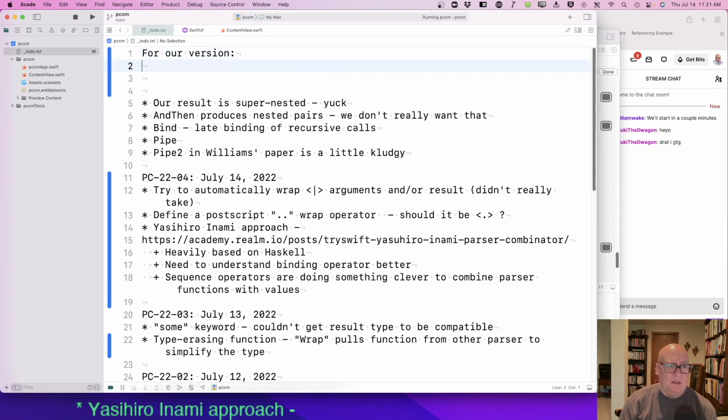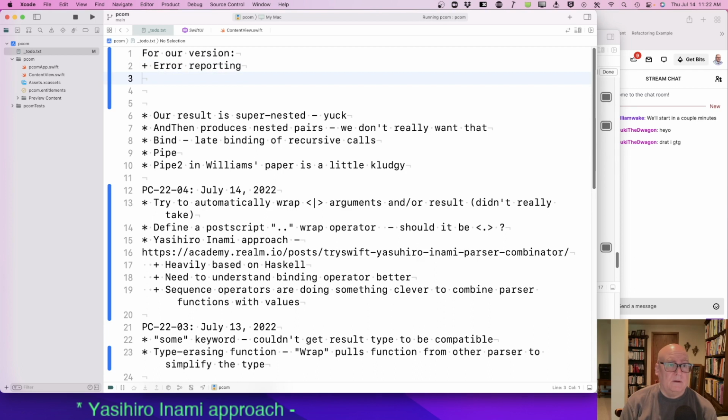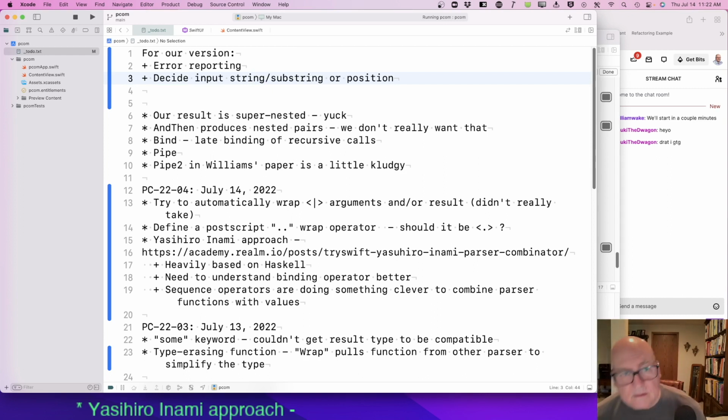Whatever we do, one thing is we need the error reporting. We need to decide input string, substring, or position. Or stream. There's the notion of a stream of things.